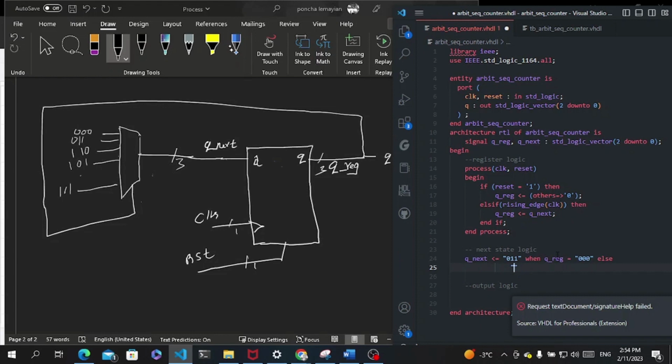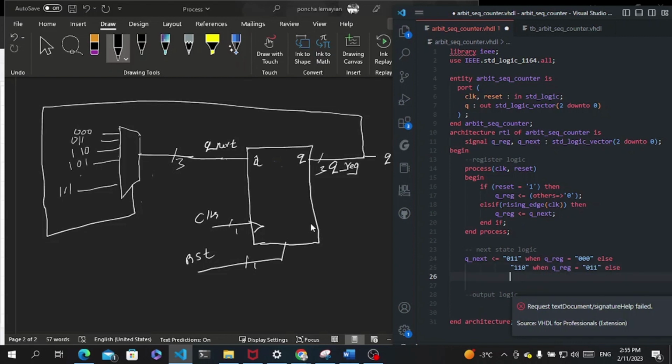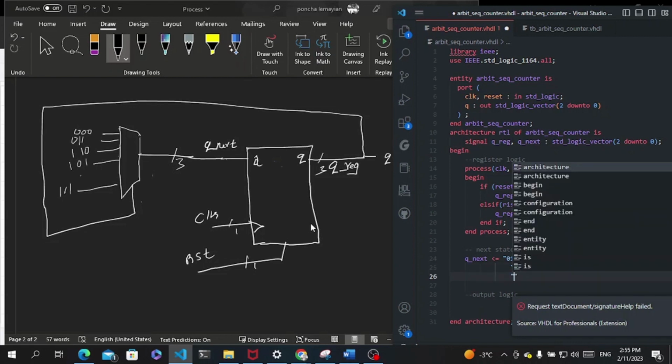So we're then going to go to 110 when Q register equals 011. Else we will have 101